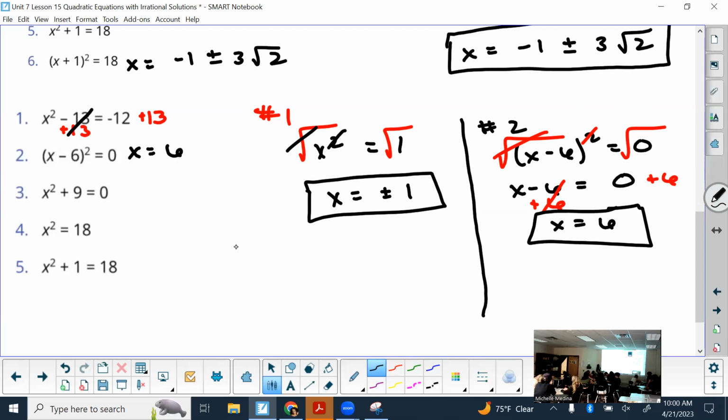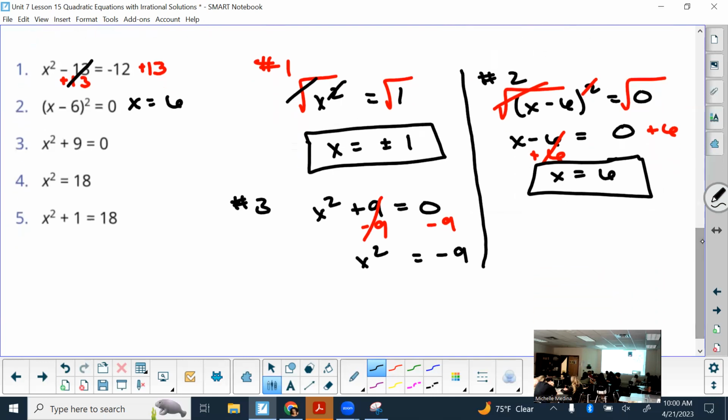Let's do number 3, and then we'll stop and take our quiz. So number 3, I have x squared plus 9 equals 0. Isolate the x. What's farther, the 9 or the 2? How do I cancel the 9? Whatever you do on one side. So then on the left, I have x squared. On the right, 0 minus 9 is negative 9, and x is still not alone. Opposite of squaring is the square root, whatever you do on one side. Now, what's the square root of negative 9?